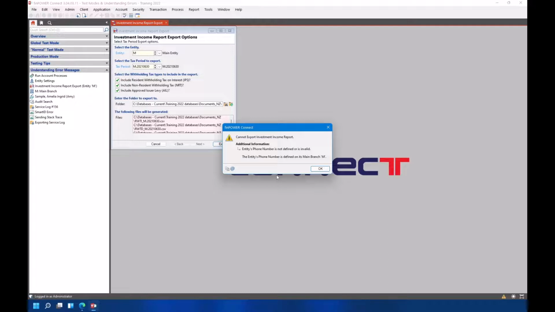Again, in the last line, we have some key information. The entity's phone number is defined on its main branch M. The first line here is also important, as it tells us why it's failed. But the second line is what's telling us where we need to go to review the configuration to remedy the issue. If we go into branch M and add a phone number,